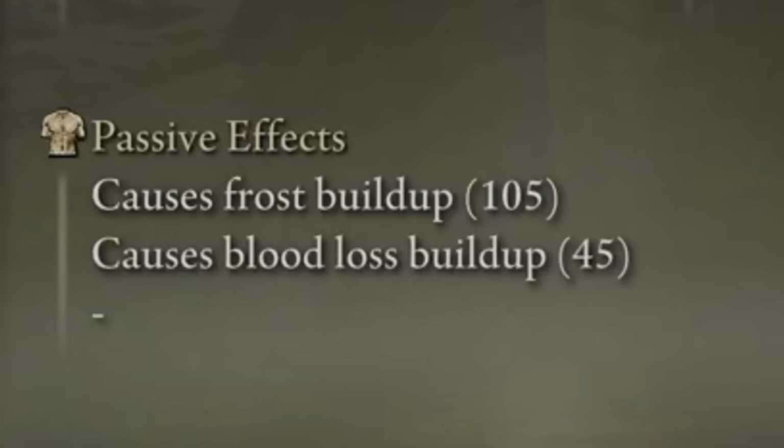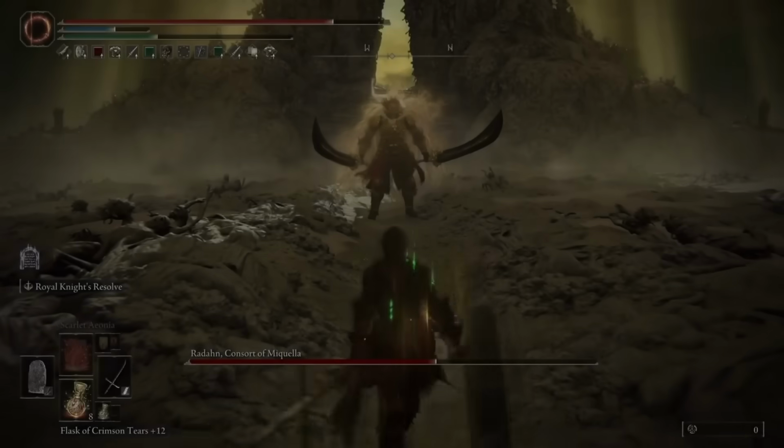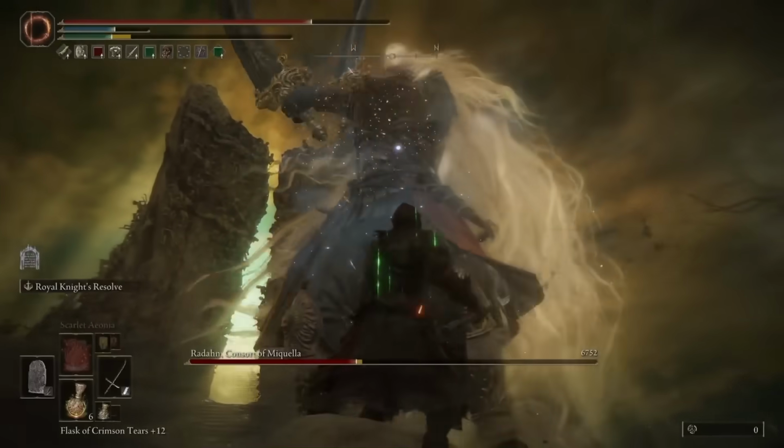This weapon has a natural bleed buildup already on the weapon, but what makes it even better is that we can add cold to it without sacrificing the bleed. Meaning this weapon can now proc both Frostbite and Bleed, and that's super useful for how tanky Radahn really is. Whenever Bleed and Frostbite are procced, they do insane amounts of burst damage, with Frostbite adding an extra 20% damage